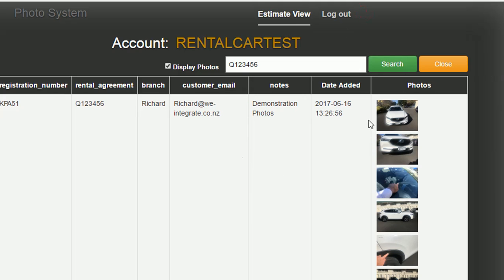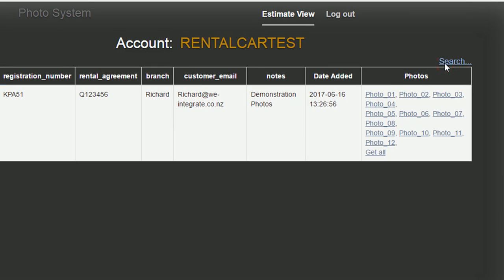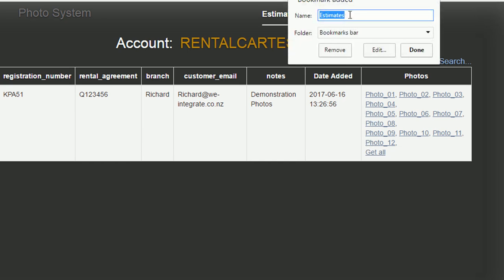Okay, and then when we're finished with those photos and we want to go back to our server, we simply close out of that and it'll take us back to our server page. What I'd suggest is, after the first time that you've logged on to your server, you go in and you can save it as a favorite up here. You might call it